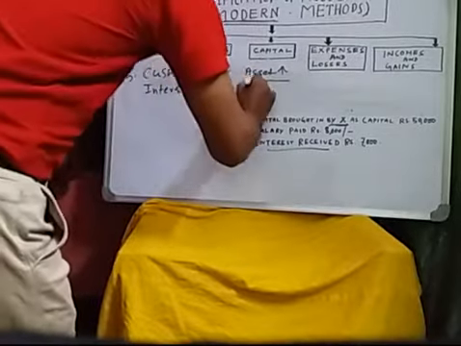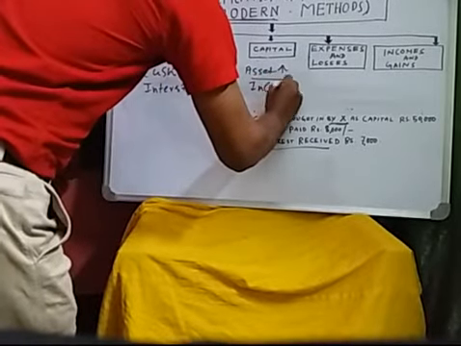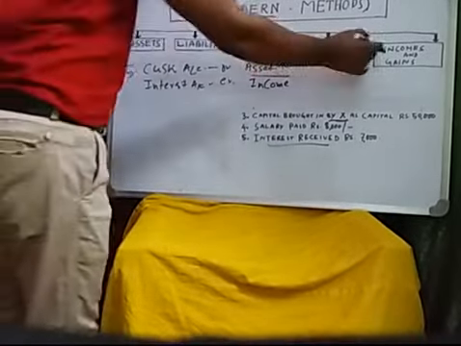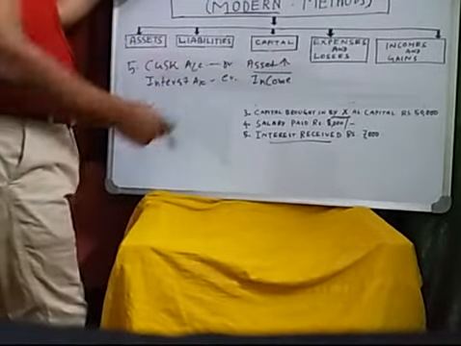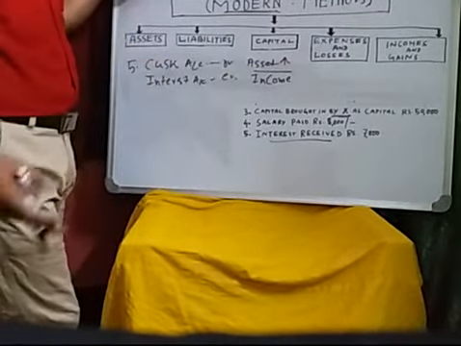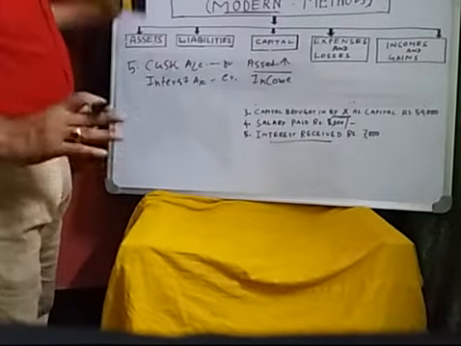And the interest is an income. We know that in the case of incomes and gains, when income increases, it will be credit. That is why interest account is credit. So clear in this part.